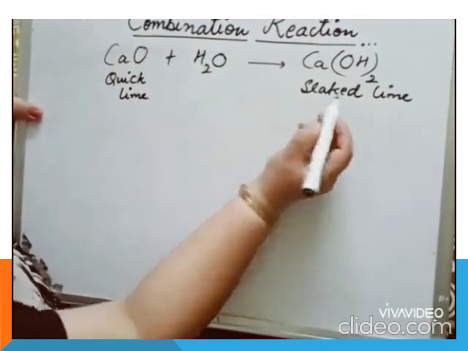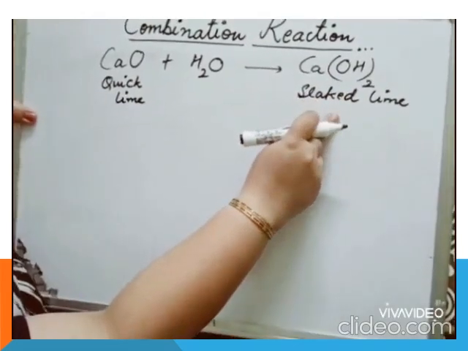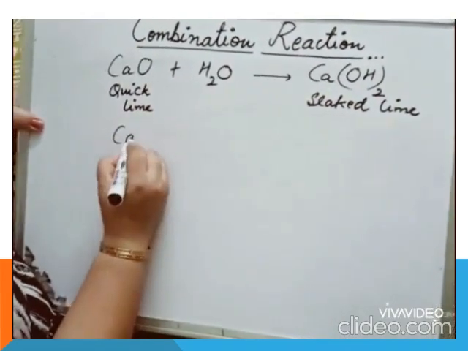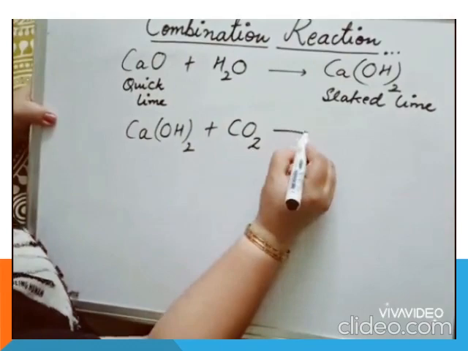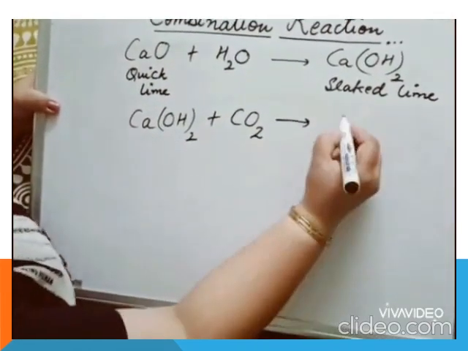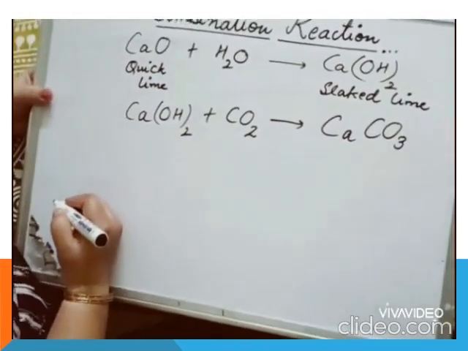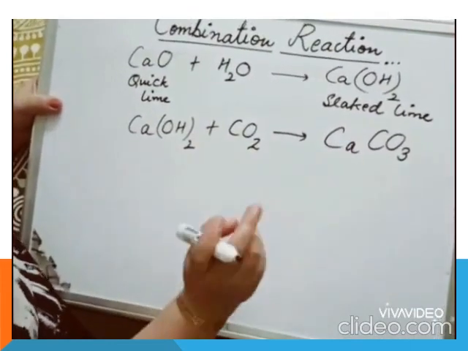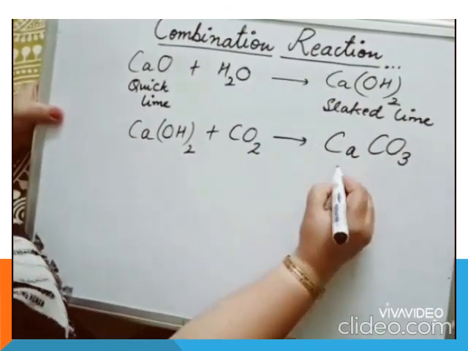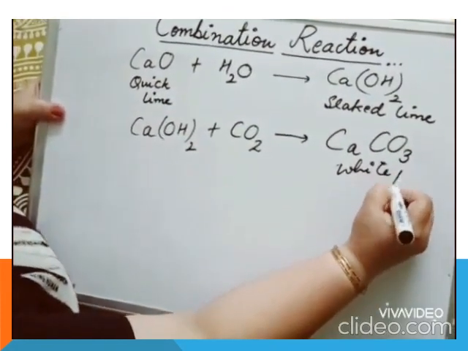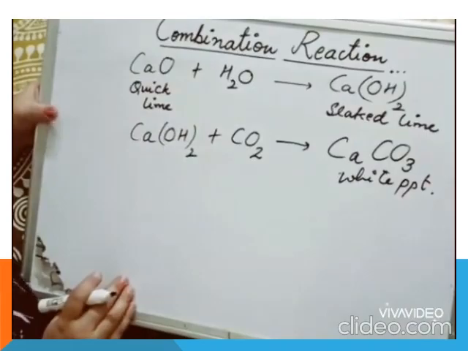After that, we blow air from our mouth into the clear solution of this calcium hydroxide. When we blow air, it has carbon dioxide. So carbon dioxide reacts with this calcium hydroxide and forms calcium carbonate, which is a white precipitate. That's why our third test tube turns from a clear solution to milky. So it has a white precipitate. So it is an example of combination reaction.